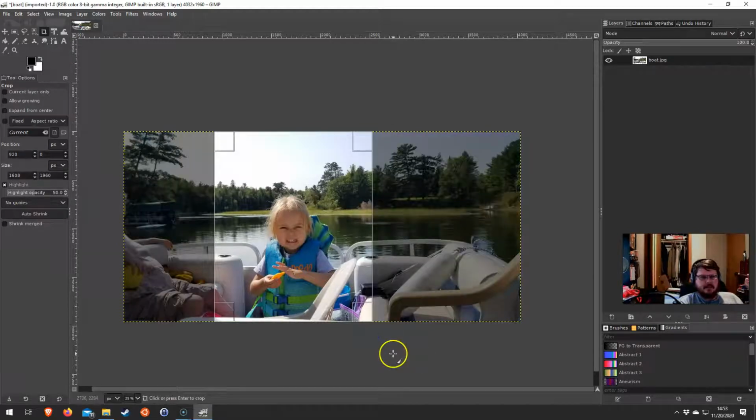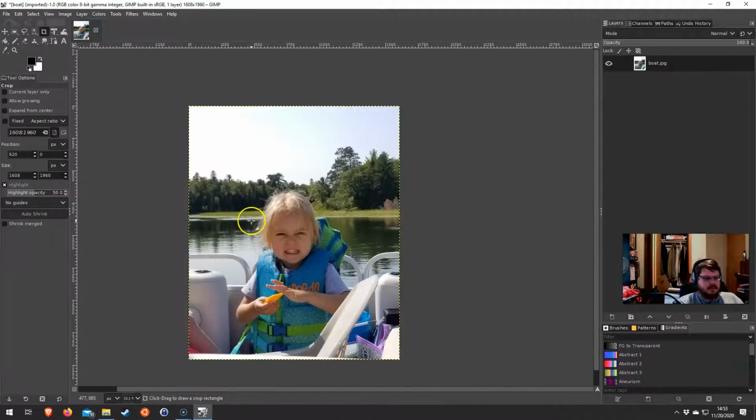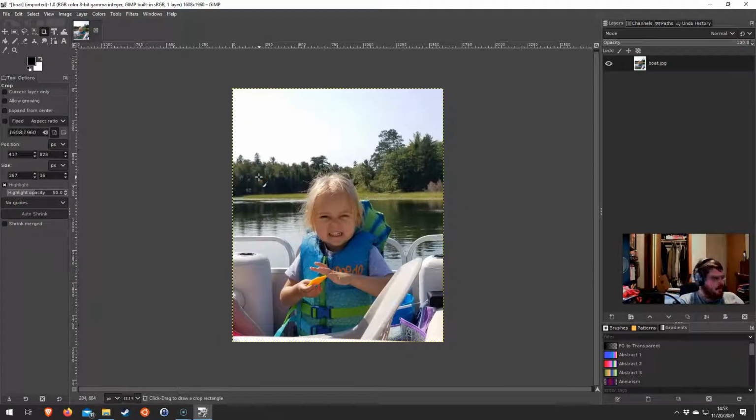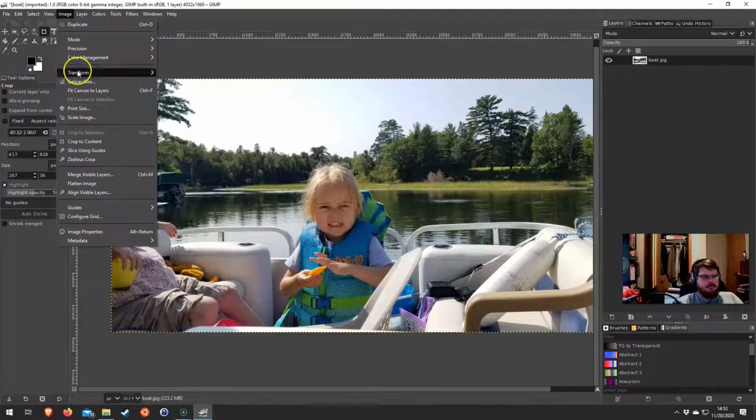I can select a section of the picture and it'll crop out everything else. Cropping is a very, very important photo editing operation, and everybody should learn how to crop. You can do cropping in a little bit more sophisticated way by going up into Image up here and hitting things like